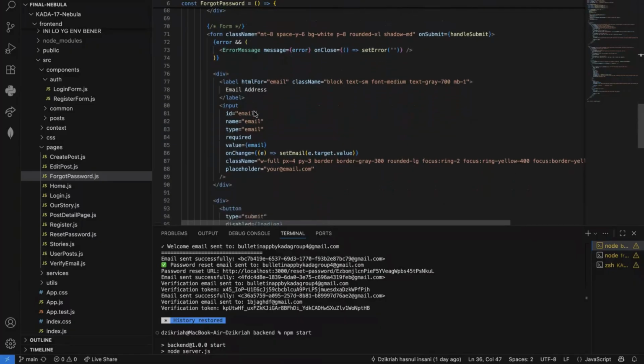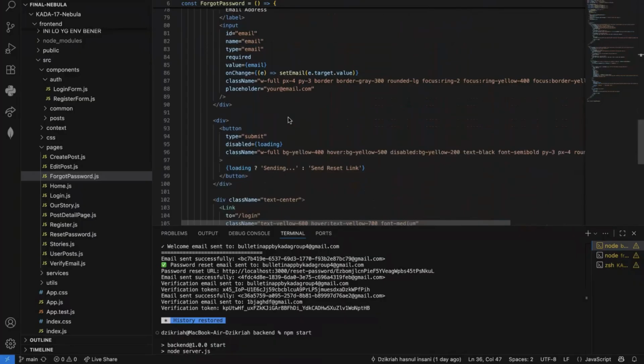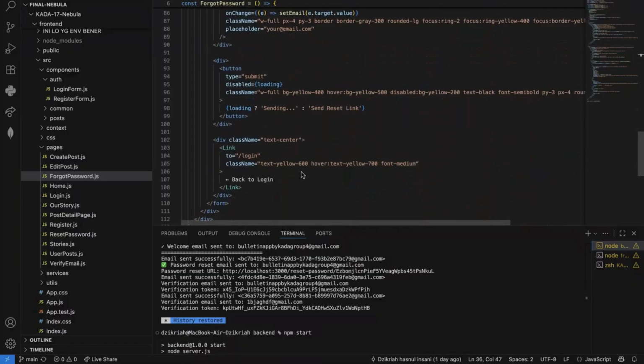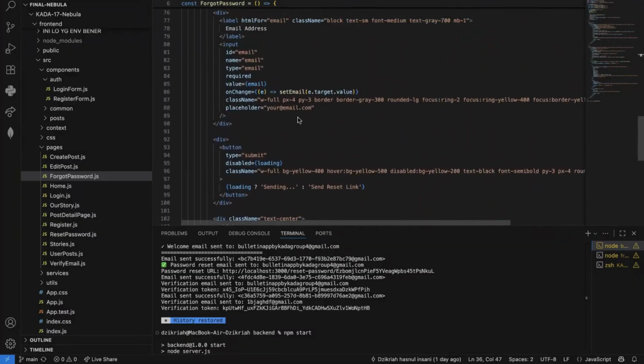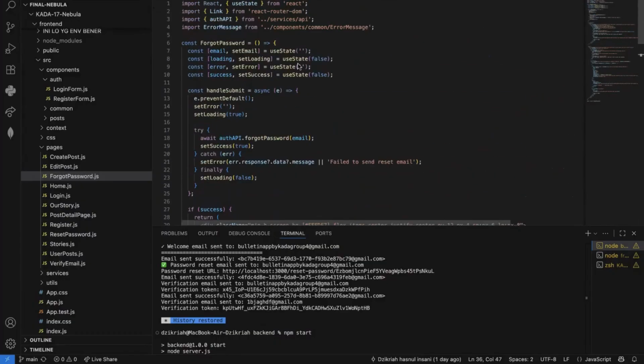Inside of this, the form includes email validation, with the button text changing dynamically when loading. Like the previous one, if an error occurs, the error message component will appear. And inside of this, we use the className for Tailwind CSS for styling. And this is the code behind the forgot password page.